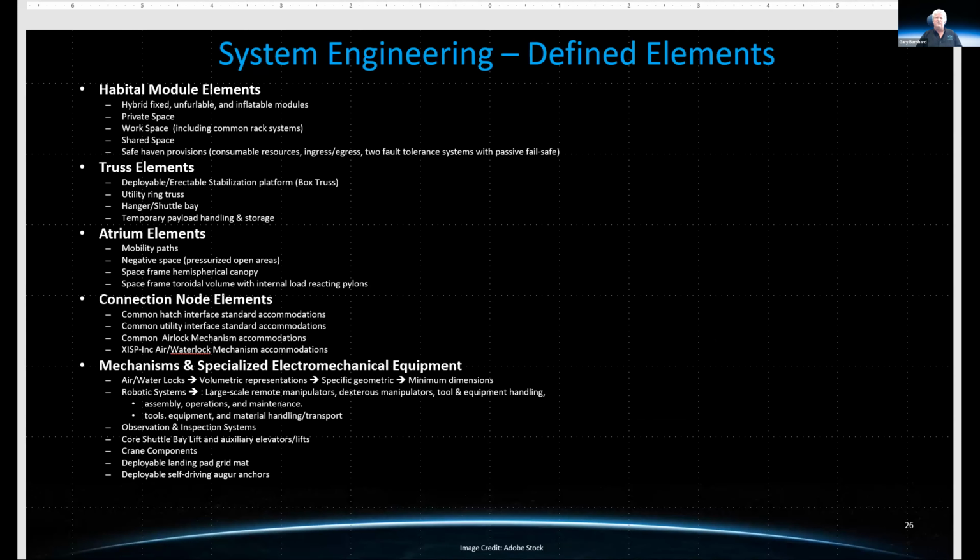When we look at it in terms of defined elements, we've defined what amounts to 5 major categories. First, habitable module elements, which consist of a combination of hybrid fixed, unfurlable, and inflatable modules. And in all likelihood, a significant number of them may be some combination or hybrid, if you will. We have to provide for private space, workspace, including common rack systems, shared space, and safe haven provisions, both in terms of consumable resources, ingress and egress, and two-fault tolerance